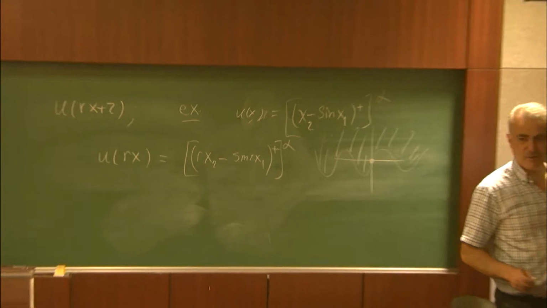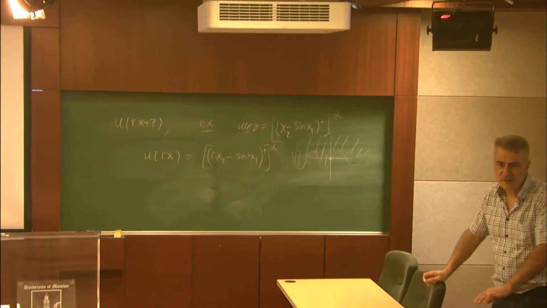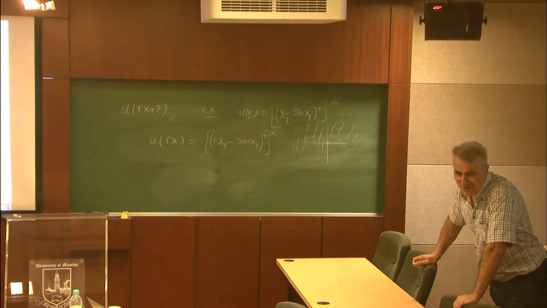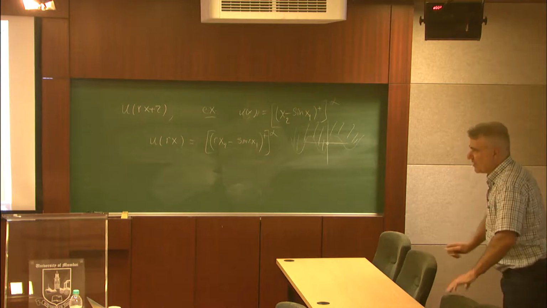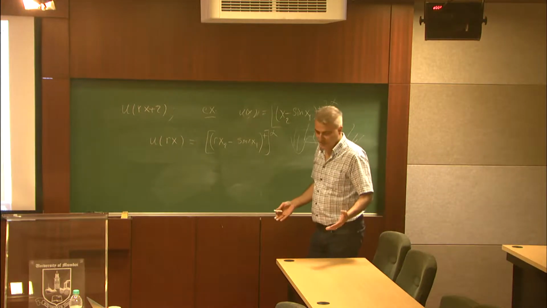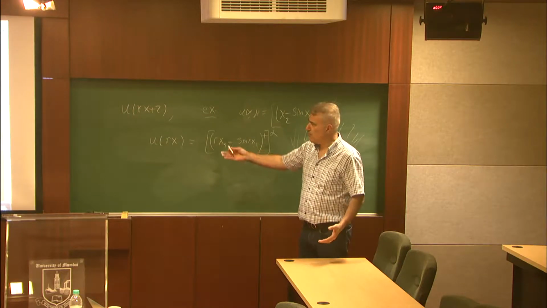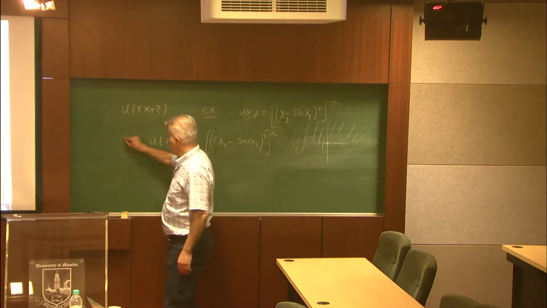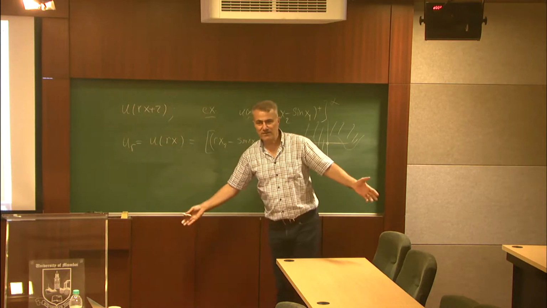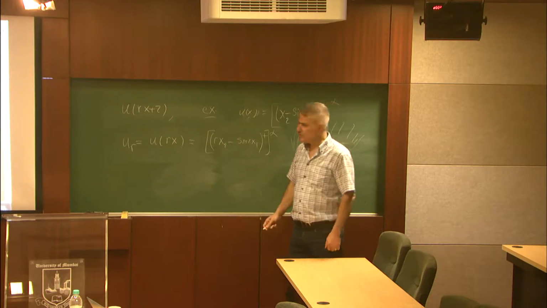So when r goes to 0, what happens with this? It goes to 0. That's definitely bad news, because in the limit I have nothing to work with. When r goes to 0, this function u_r disappears. I have nothing to work with. So let us try with